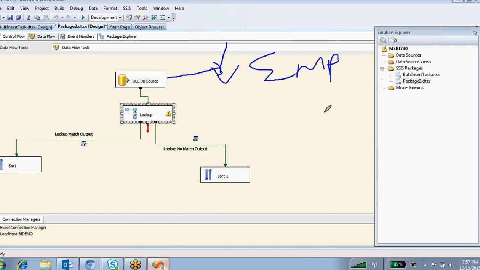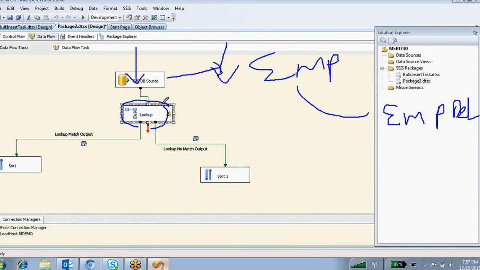This employee table data you are going to look up against some other employee detail table data based on the employee number column. You match whatever data is coming from this source with some data in a lookup table.